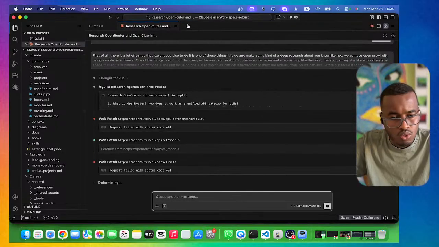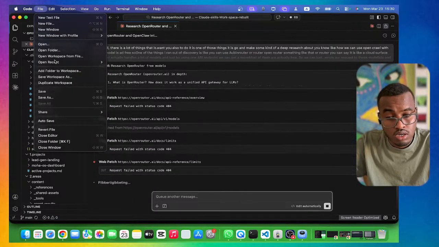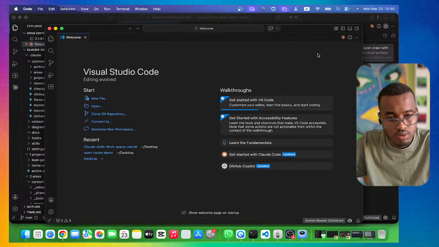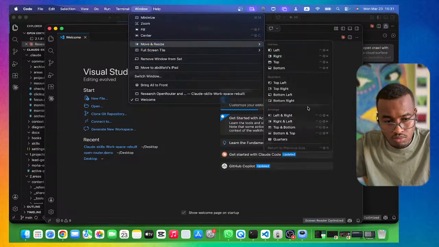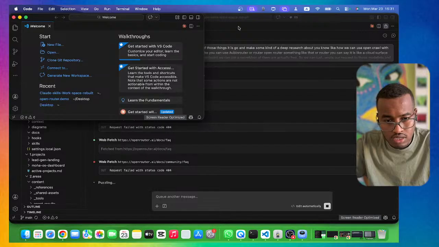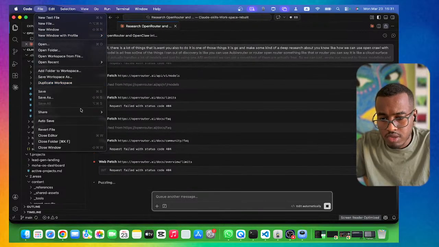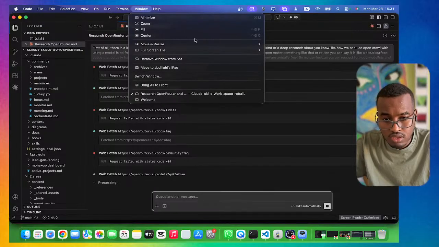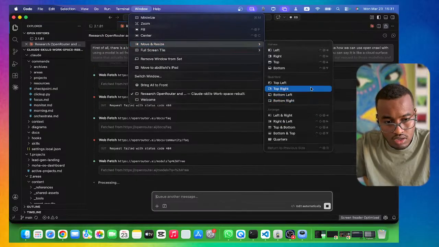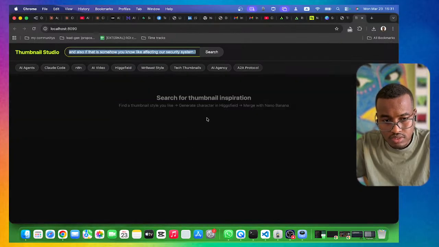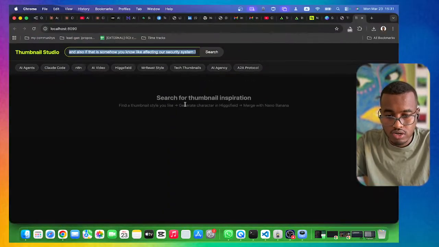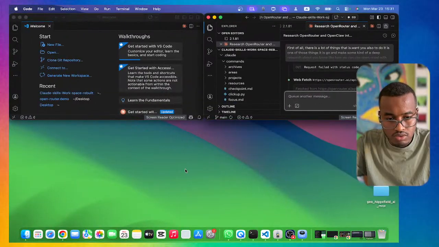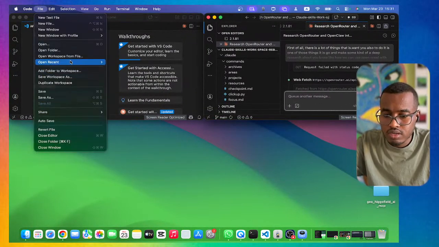So we can say maybe new window, you know, then we can say, hey, let me just move this right, move this maybe left, top right. You are not allowed to be here, sir. Just go there. So if we come back to here, we have a file open a folder,